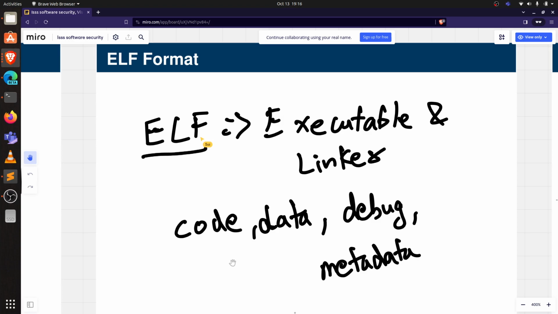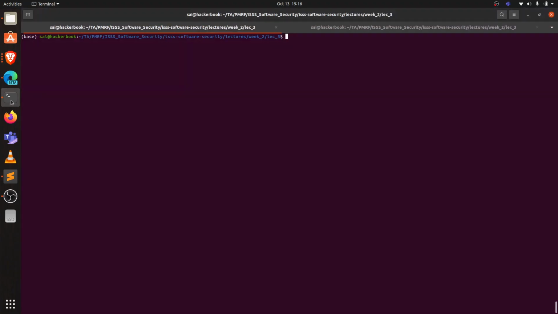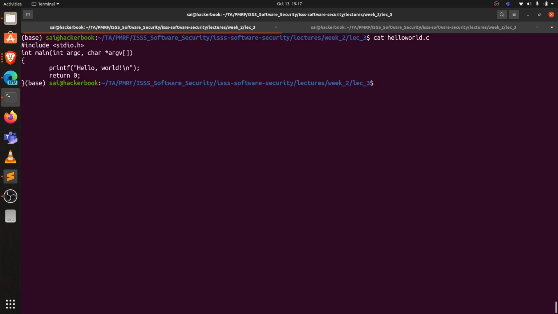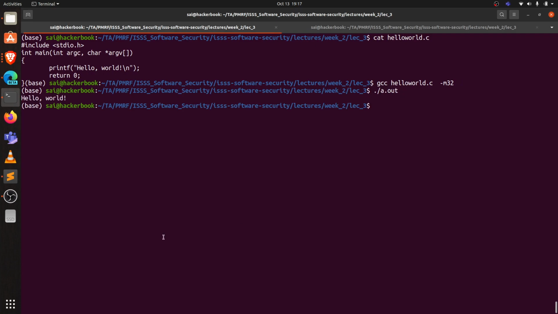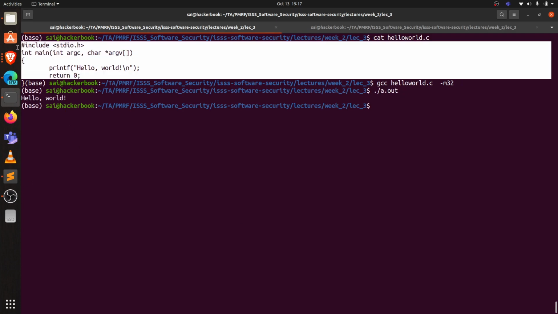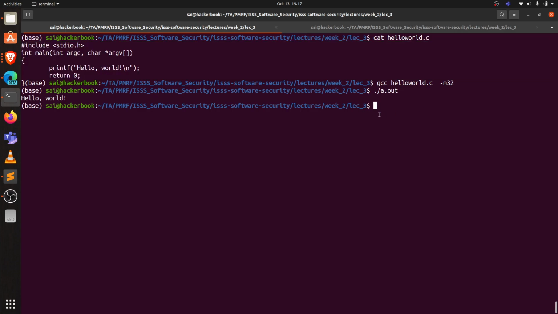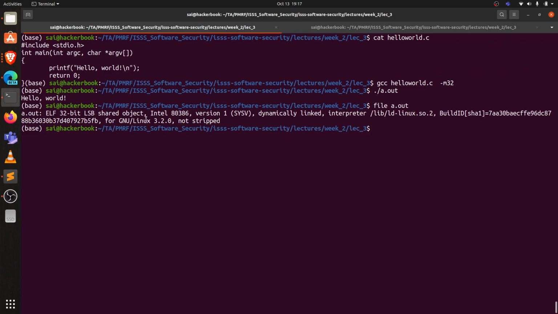So for example, if we take a code, for example hello world dot c, right? If I just run hello world dot c, it just prints hello world. That's the entire application. And if I look at the file type of a dot out, it specifies that's an